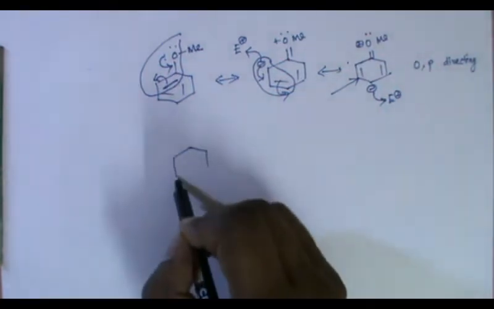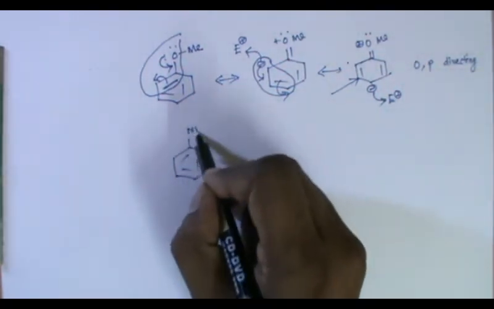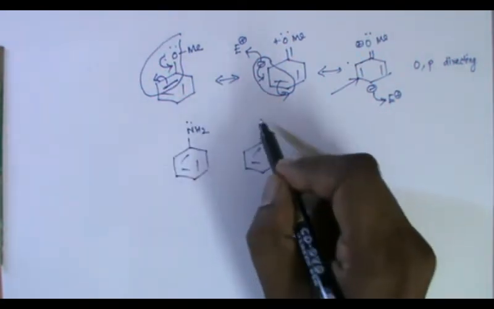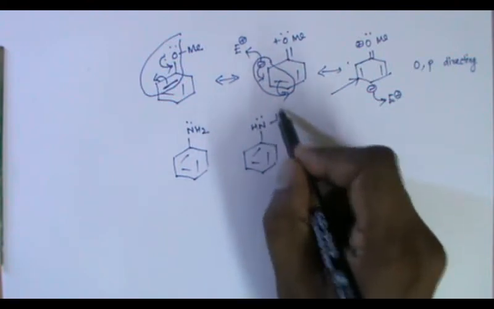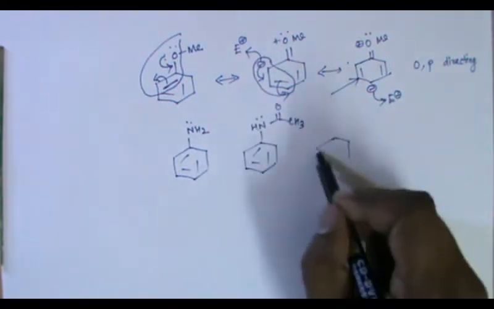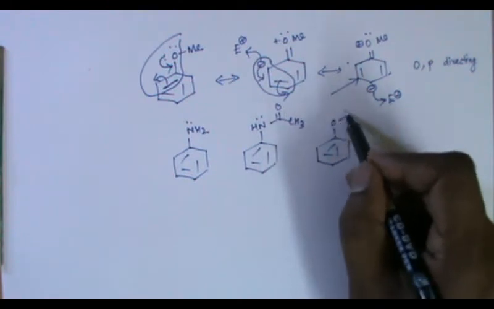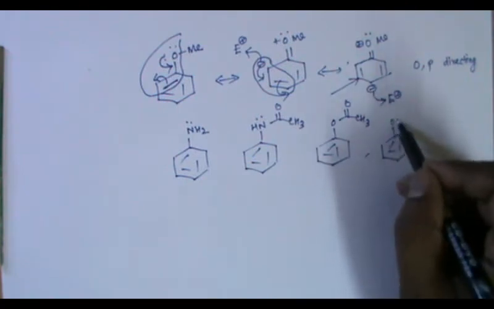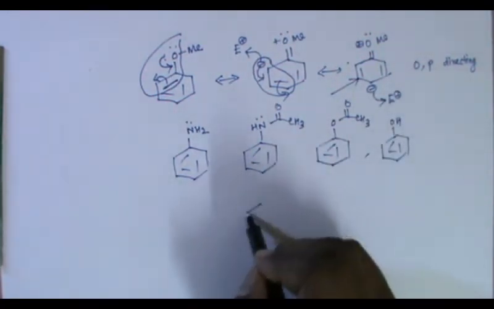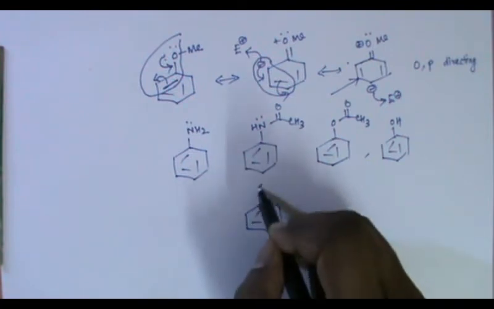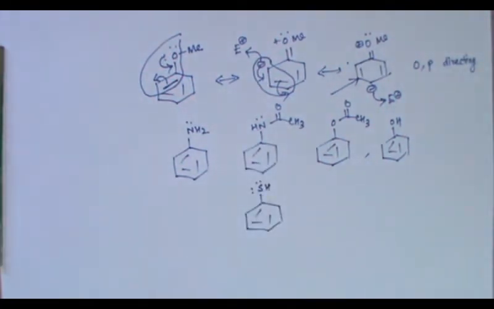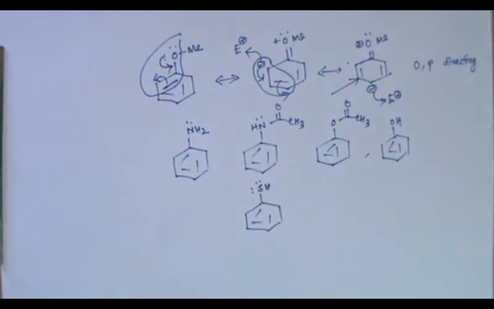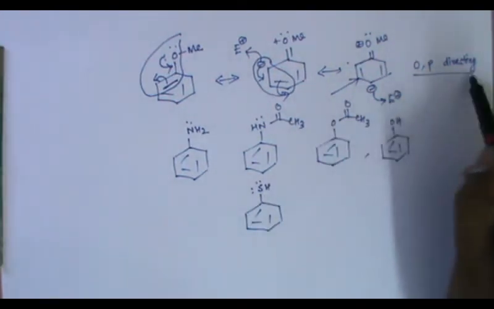This is the case not only in this. If you go for NH2, aniline, we have a lone pair of electrons on nitrogen. We also have a lone pair in acetanilide, acetate, phenol, and all these cases, even thiophenol. Whenever there is a lone pair of electrons on the atom attached to the benzene ring, then they will direct to the ortho and para position.